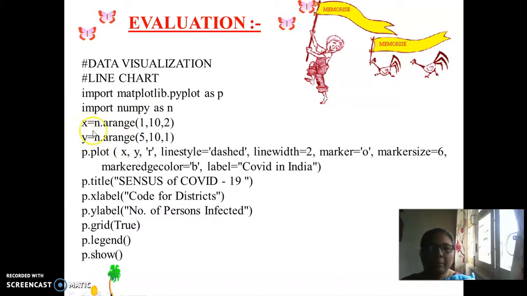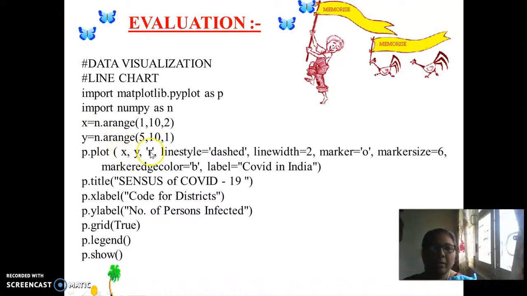In my earlier program I had given a list of numbers 1, 2, 3, 4, 5, 6 for x and y coordinate values, but now I am generating x as an array of numbers from 1, 3, 5 with a step value of 2, and y is generated from 5, 6, 7 with a step value of 1. Then I'm plotting with the corresponding x and y points.